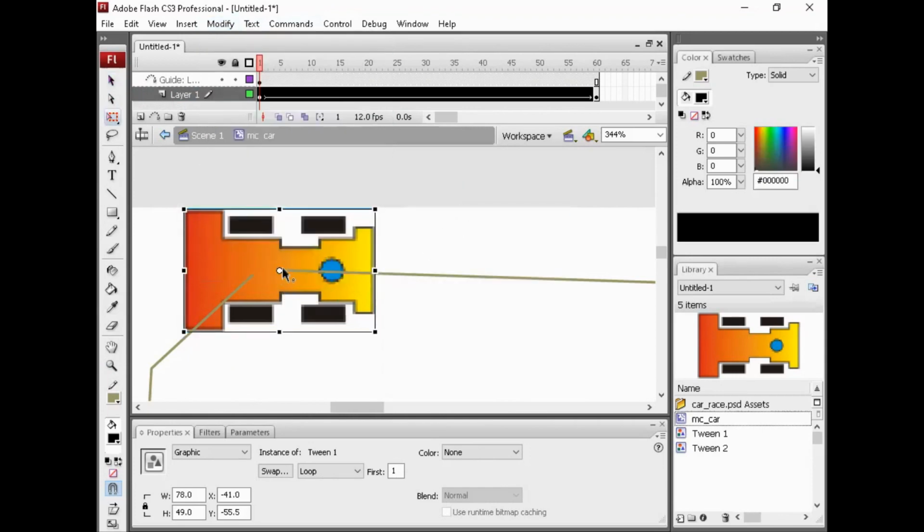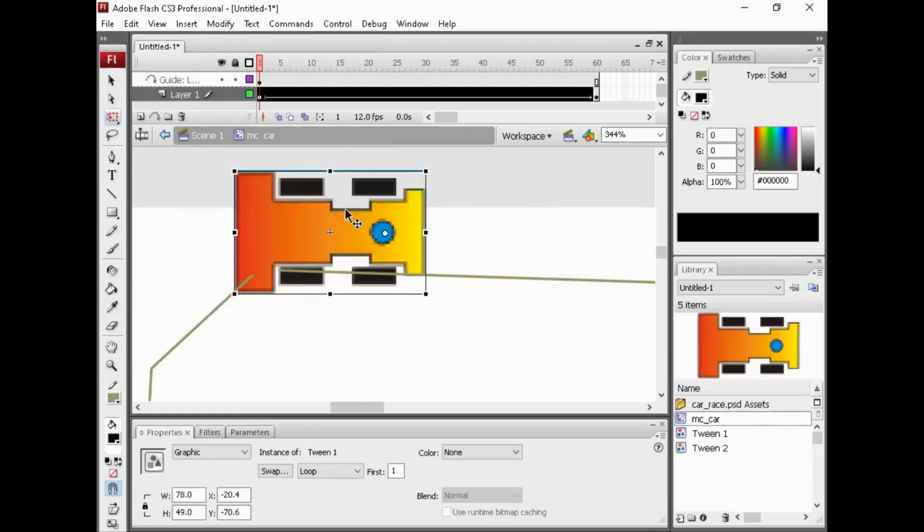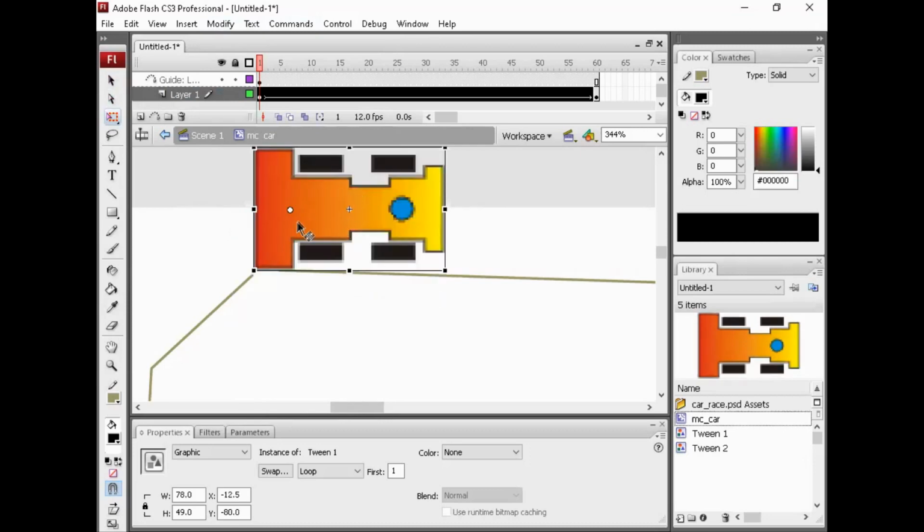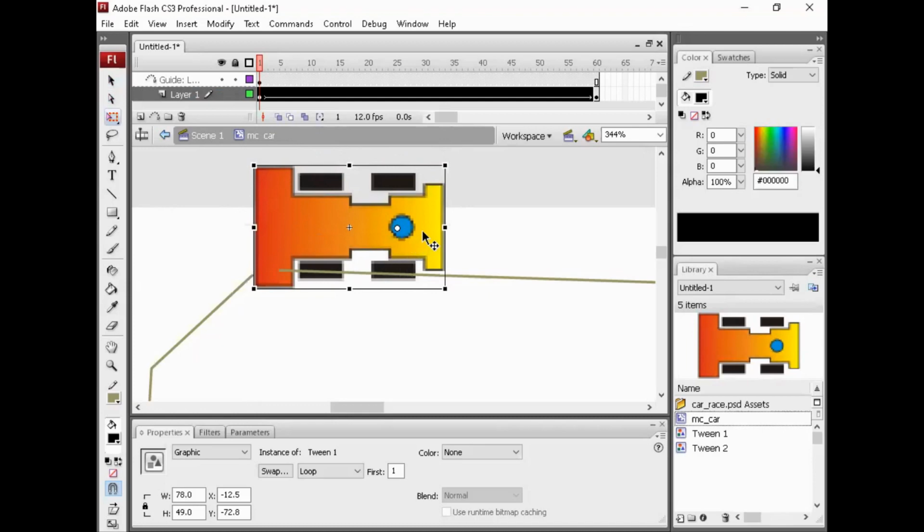You will see the center point, and we can move the center point here. Okay, it's the wrong place. This is the right place. I think here. This, and move again.